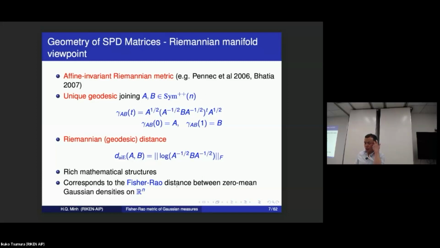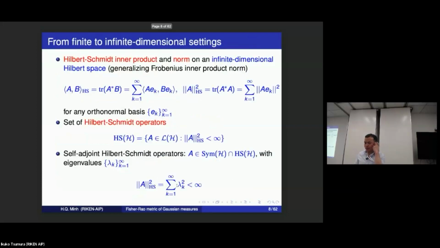It has been studied extensively in the literature. My focus is really on the infinite dimensional setting. The generalization of the Frobenius inner product and norm to the Hilbert space setting is the Hilbert-Schmidt inner product and norm. It's given by the inner product of A and B being